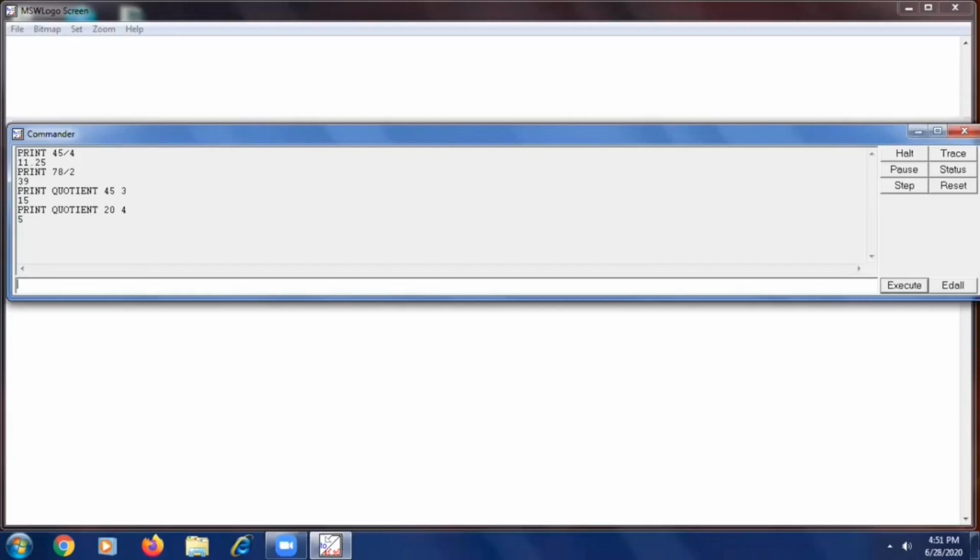Now, if I want to find the remainder, print remainder 45 divided by 3.